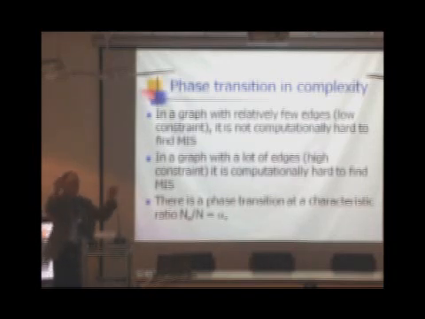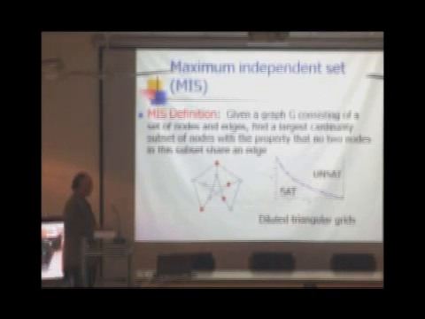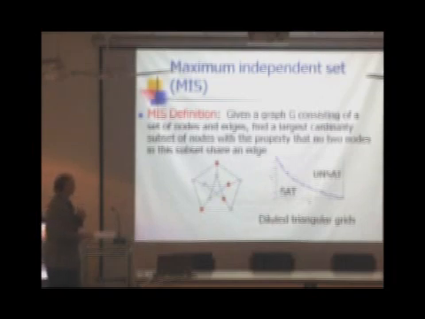So if you have a set of independent nodes, there's no constraints. It's easy just to say each node is independent. Once you have subgraphs that are highly connected, those subgraphs make it hard. So as the connectivity of a graph increases, the computational complexity increases. And in fact, in the maximum independent set, in this regime here, the clusters of the graph where you have difficulty finding satisfying solutions are logarithmic in size